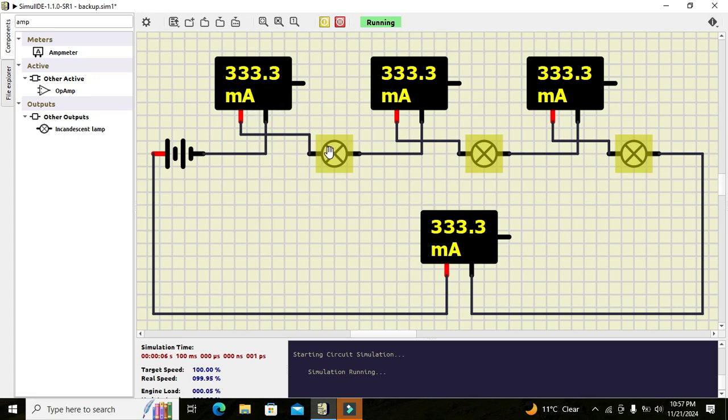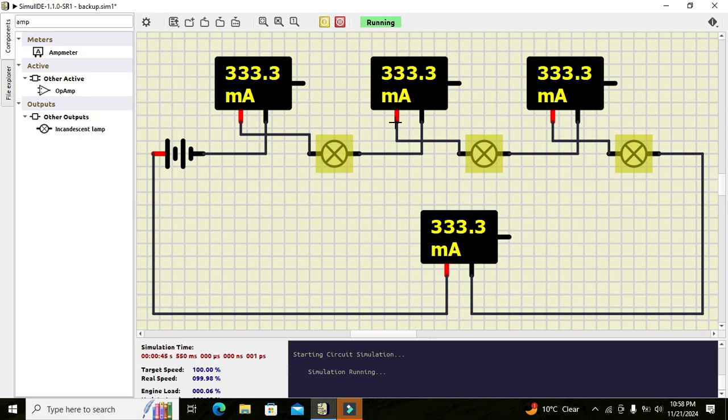It means that the battery is providing current and it goes from the positive terminal of the battery to the negative terminal of the battery. And then it goes to this negative thing or ground sign, and then it comes out from this positive end of the ammeter. Okay, and then it goes to the first incandescent lamp. Then from the first incandescent lamp, it goes to the black lead or ground terminal of the second ammeter, and then from the second ammeter, it comes out from this red lead or red probe,